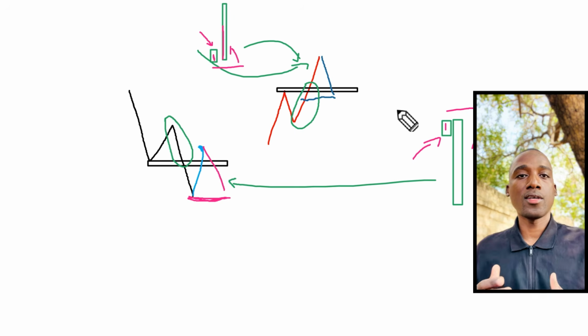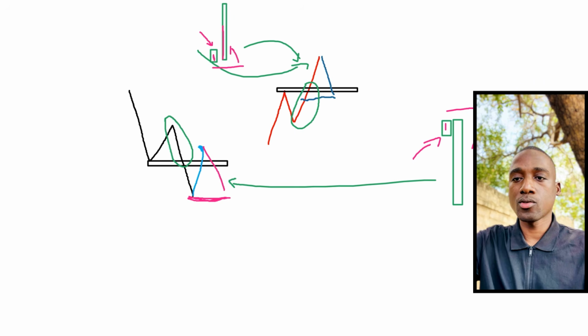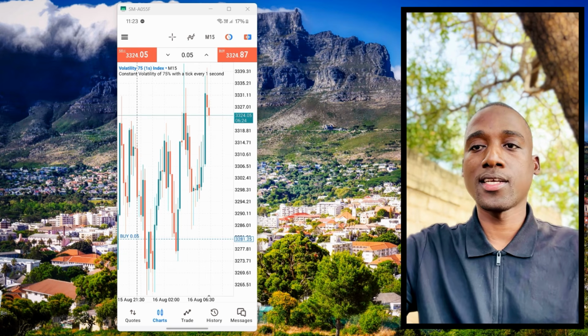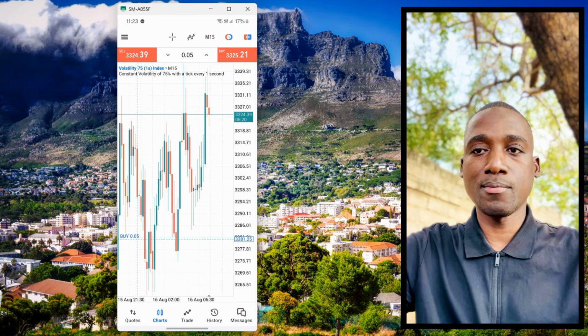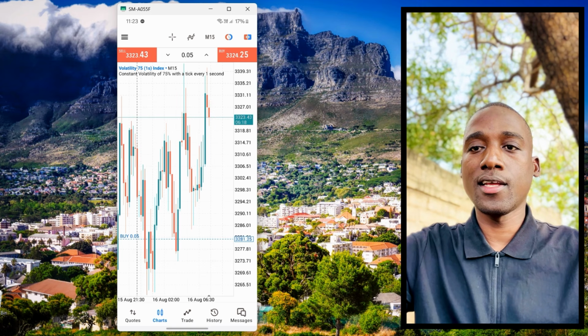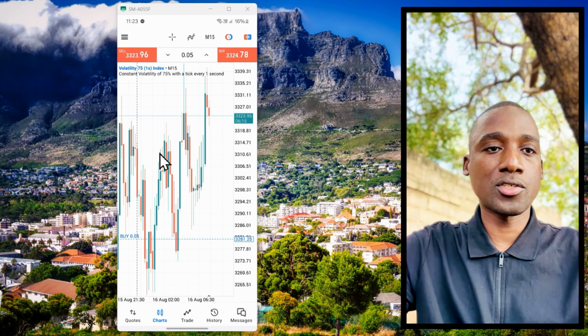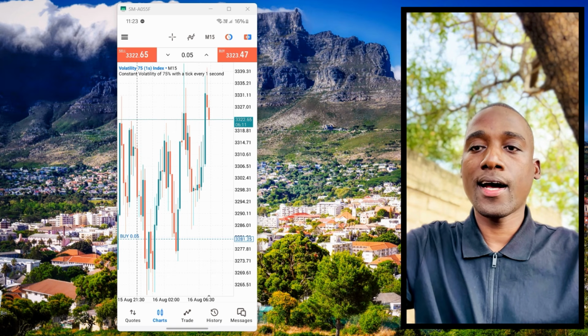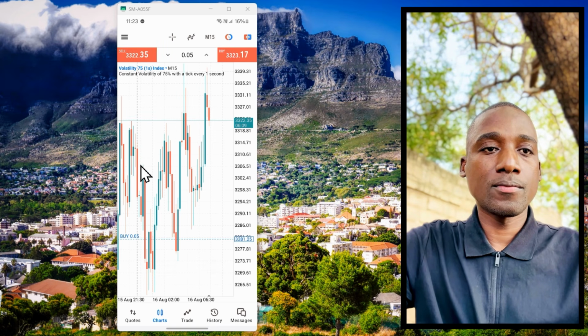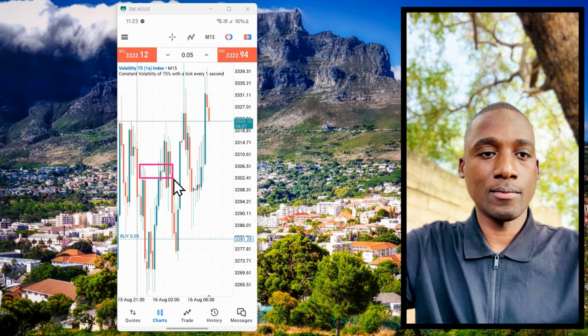So let me show you on a real practice so that you can also apply the same thing, and we understand what we need to do. Now, this is how I actually took this trade. It's simple. Pay attention so that you understand the reality of how we actually trade. Now, I have to mark the high and the low. This here forms our high, and this here forms our low.